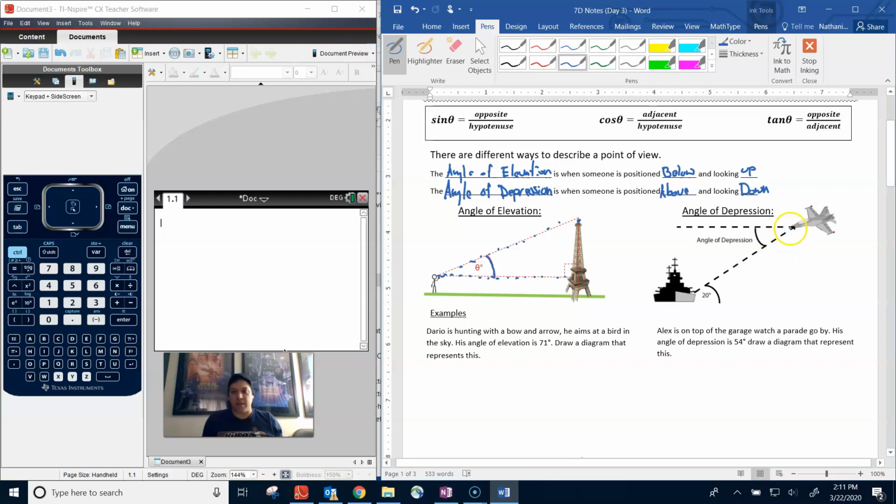Anyways, so for instance, here's this fighter jet with the angle of depression. It's about where its line of sight is versus where it's shooting down from. Now, what you'll start to notice is that the angle of